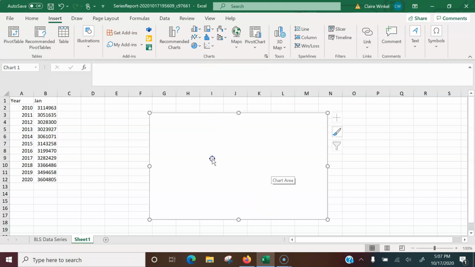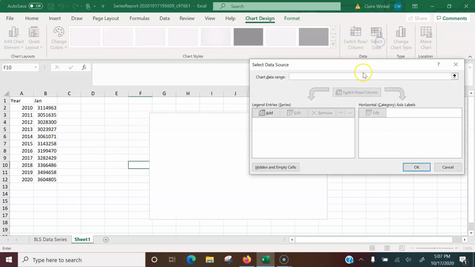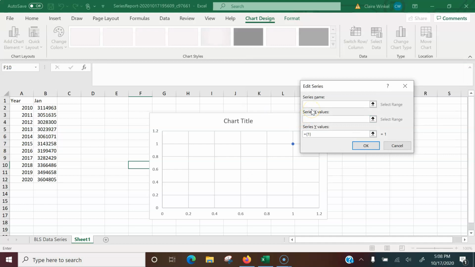And here is our blank chart. Click on this and Select Data should appear. We're going to add legend entries. For series name, we can put the title of the data, January unemployment